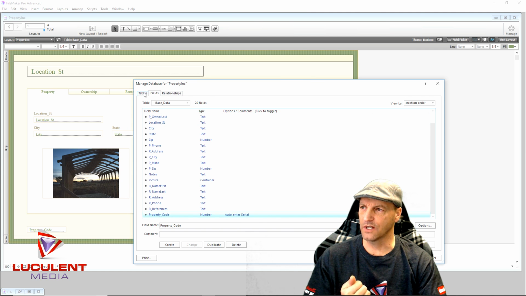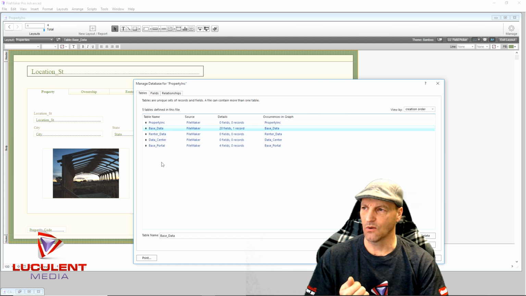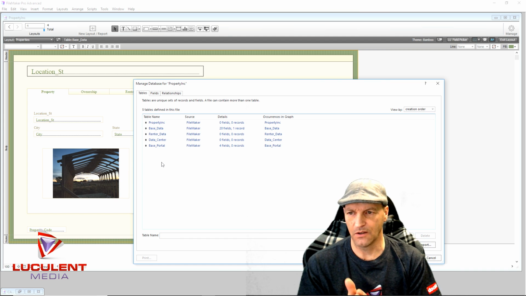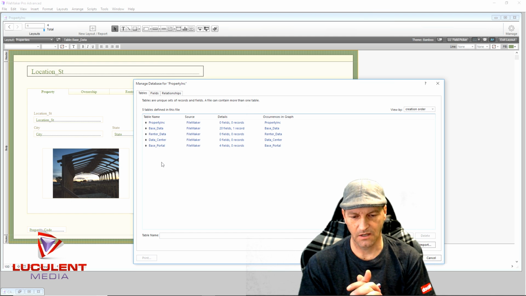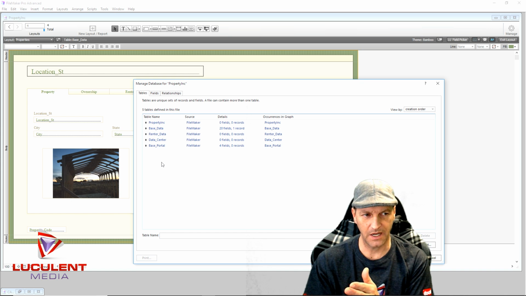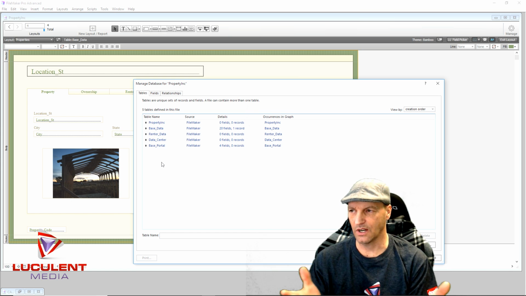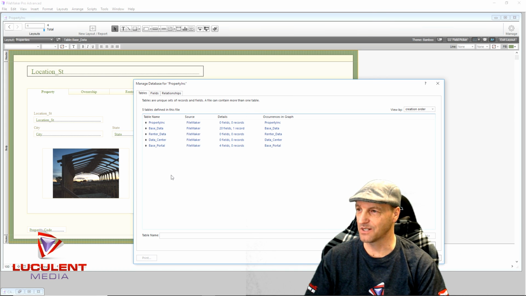Now, one of the other things that I wanted to get to pretty quick was, in our tables, to create a new set of tables, and then link this table and the fields to that front page. Let me show you how we do that. This is kind of interesting, but we'll just make it happen as it does. So we're going to name this, of course,